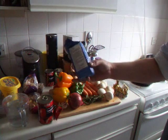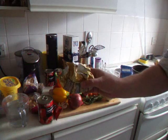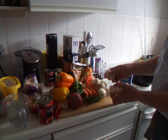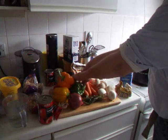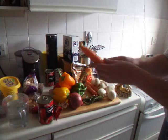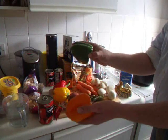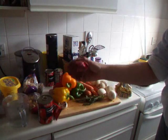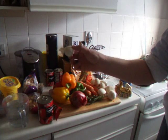You'll need some self-raising flour, some butter straight from the fridge, some mushrooms, I usually use 5 to 6, 4 carrots, I use organic carrots so I don't have to peel them, 4 peppers, a large red onion, a third of a garlic bulb,